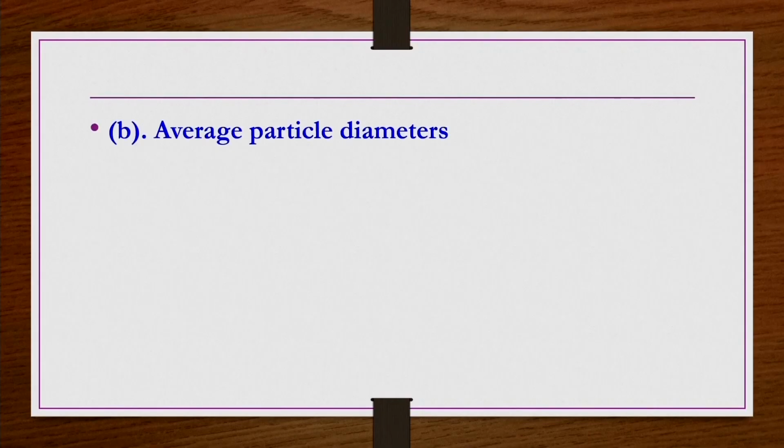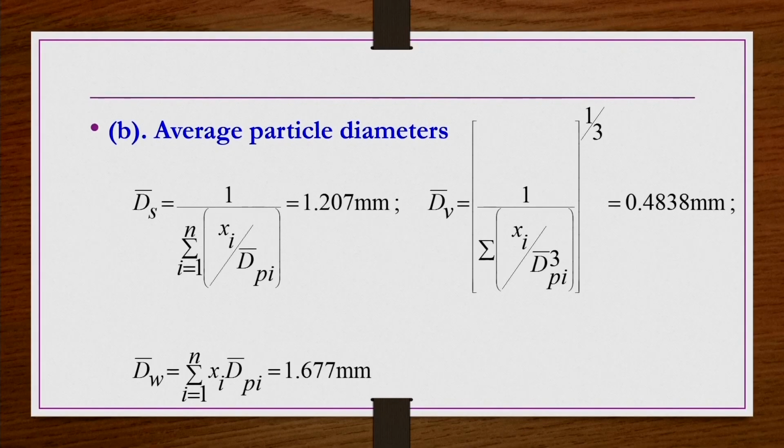Similarly, for the average particle diameter, we have d_s bar equals 1 by sigma x_i by d_pi bar. For each row you obtain x_i by d_pi bar, add them together, and take the reciprocal of that; you get 1.207 mm. Likewise, for each row in the table you calculate x_i by d_pi bar cube, add them together for all the rows, take the reciprocal of that, and then take the cube root of that one, you get